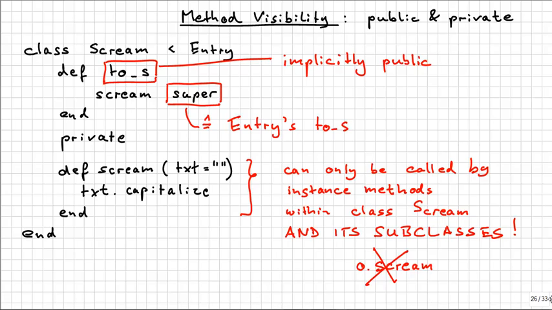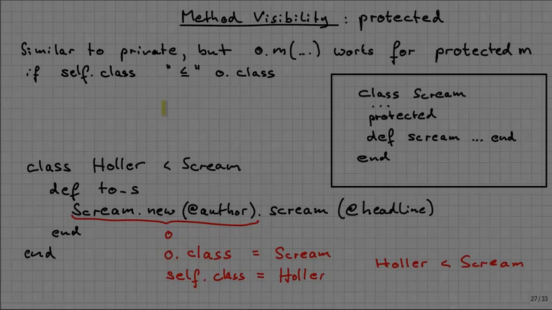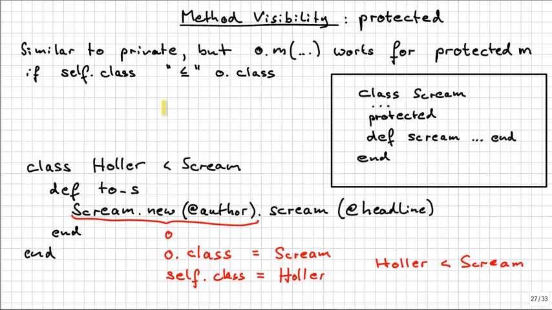So in this call here, we're effectively calling scream, where the text parameter is replaced by a call to the to_s method from entry. So we've seen that public methods can be called from anywhere,